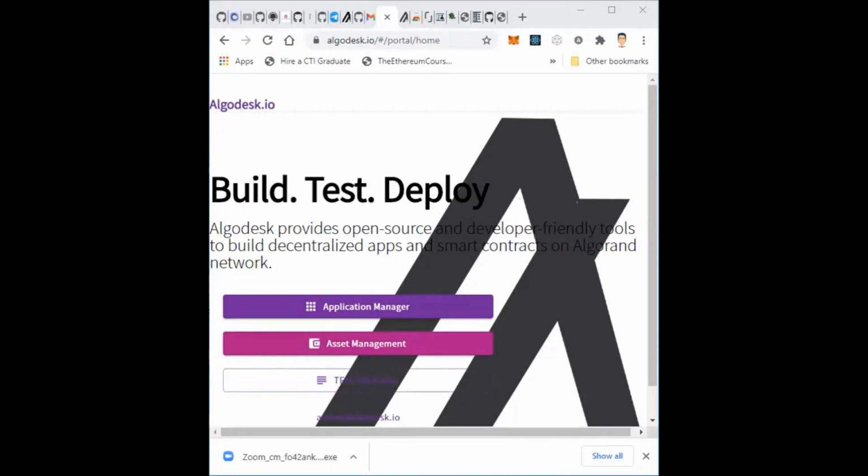Bukola is asking, apart from buying Algo from a friend, are there platforms where Algos can be bought? Bob, can you help us? Yes, there is a huge market for Algo tokens. Because Algo is one of the top 100 projects on CoinMarketCap, there are a lot of exchanges selling Algo. Basically, I buy my Algo from KuCoin, because it's easier for me, I use KuCoin a lot, and I send it to